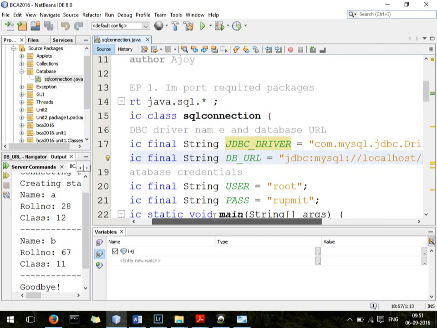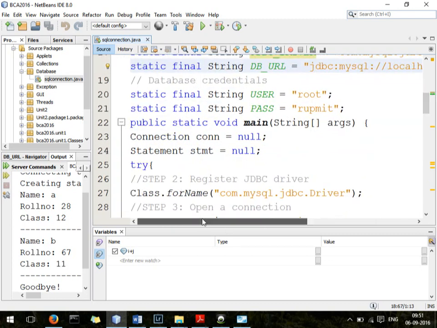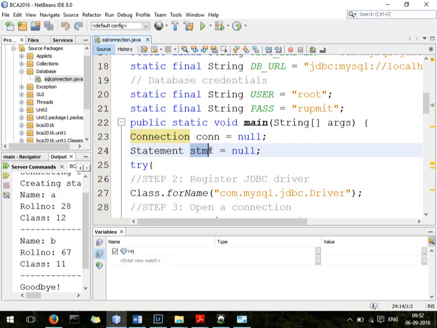Then of course if you have a username and password also, you will type it. Then this is just a global declaration of all those things. Now we come to the next part where we create an object called con, which is of type Connection. Similarly, we create another object of type Statement, which is called STMP. So this is our connection object, this is our statement. The next thing is that we register our JDBC driver.